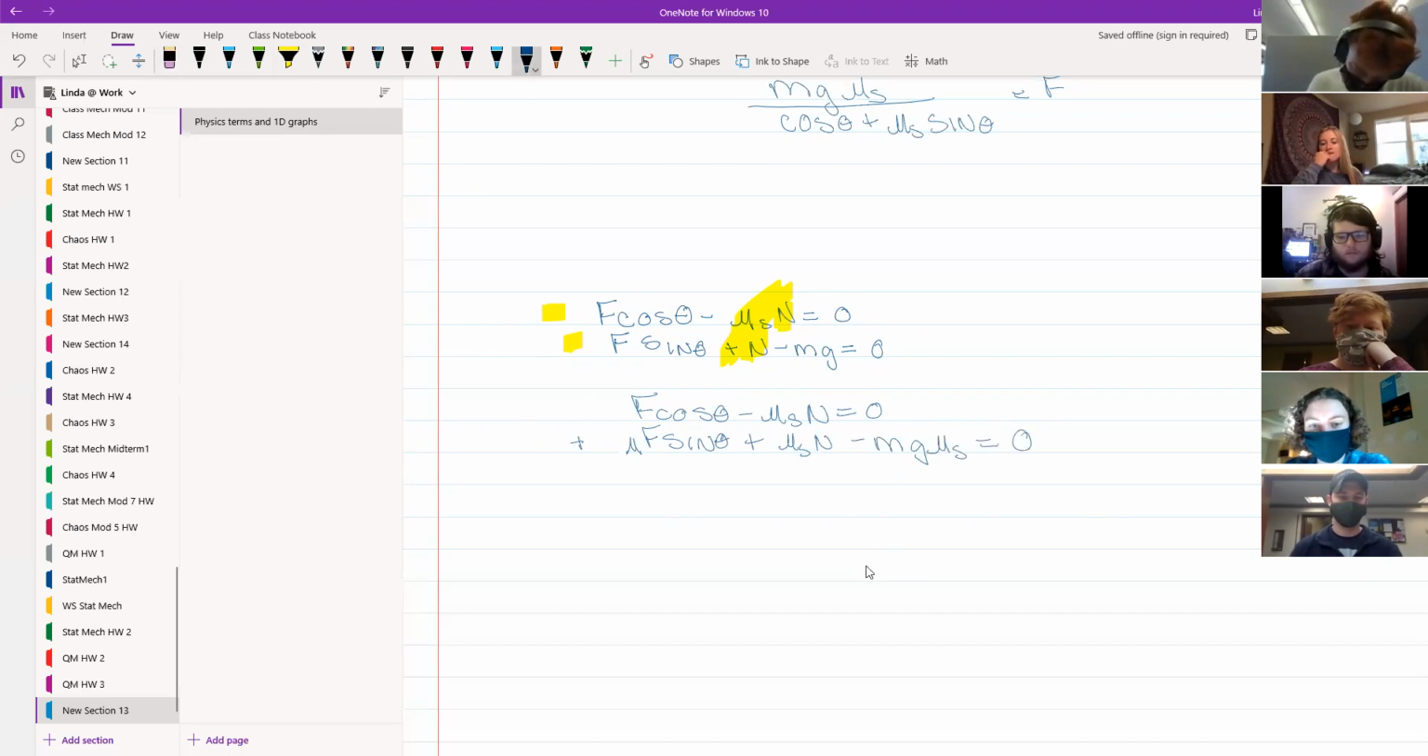Equals 0. So I'm just adding these two equations together. Got it. That makes sense. I've seen that approach before. Yep. Thank you. So there's more than one way to do this, and this is actually a great time to